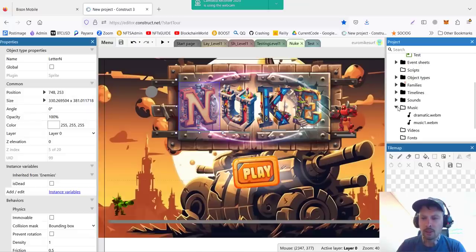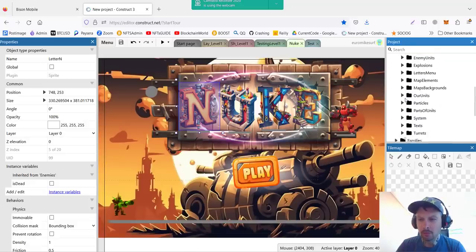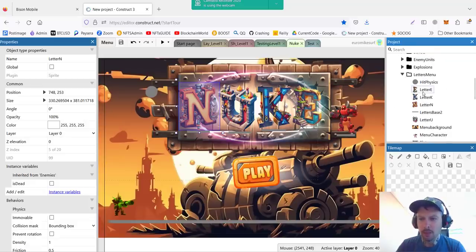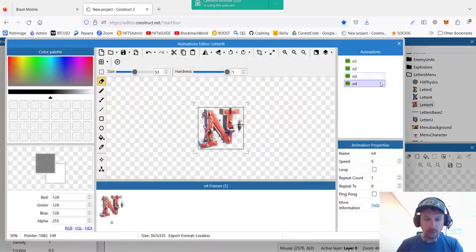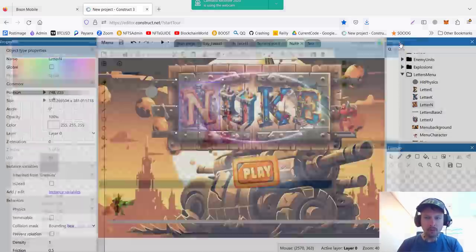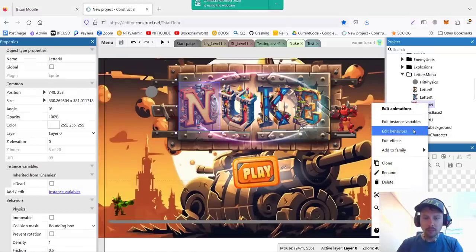These letters are just sprites. I move them in the folder called letters and menu, and you can see they're separate sprites. It's not one word because we want to destroy them separately. For example, for letter N, I have several variations of it, which I set in different animations. And behaviors, we have